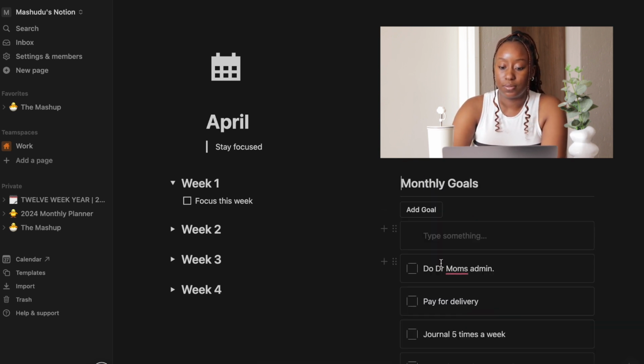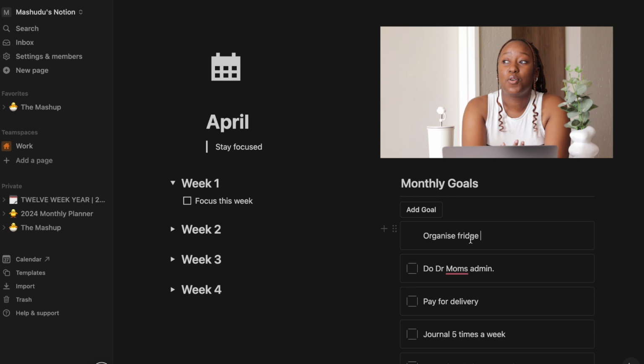And then I had organize. Ooh! Why am I breaking things? Okay. Organize fridge. I'm writing this here because I really want to organize my fridge. I get so annoyed when I see the mess in my fridge, and I do clean it and sort it out, but I just feel like I don't have the right tools to sort out my fridge.